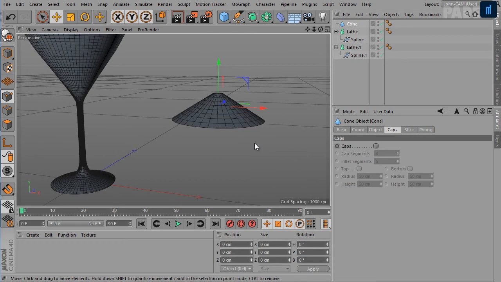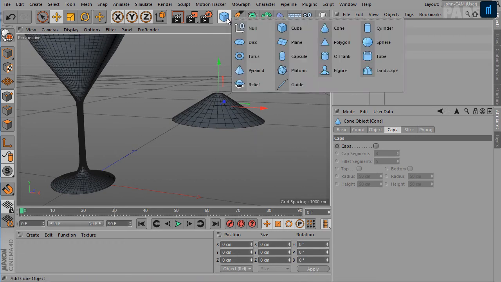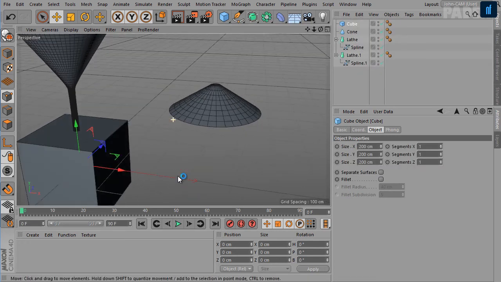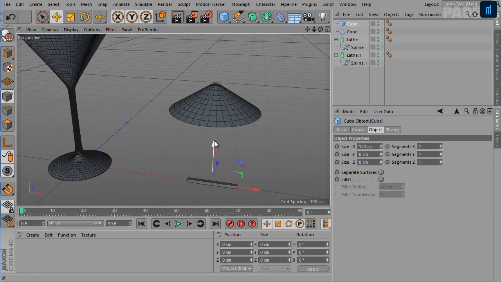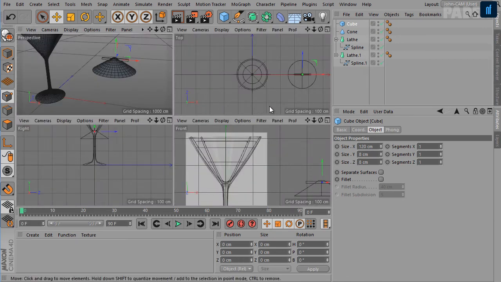Okay, next we need to create a cube object, and in the object tab here in the attribute manager, set size X to 120, size Y to 8, and size Z to 8, and align it with the umbrella.